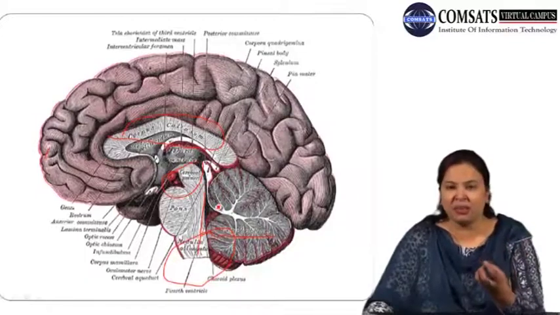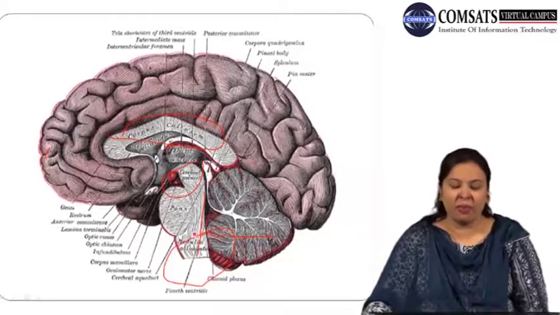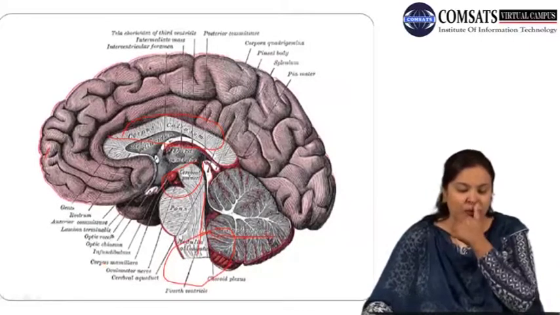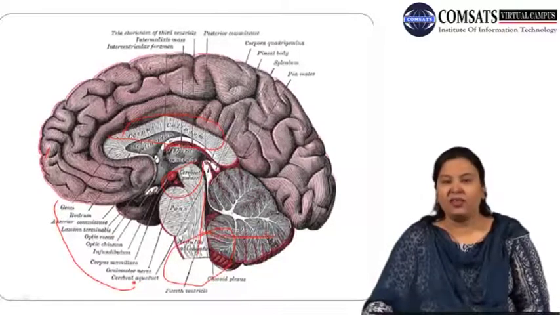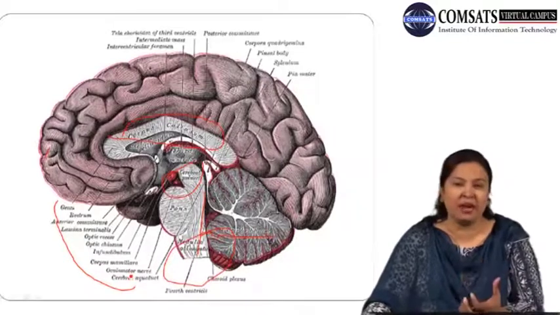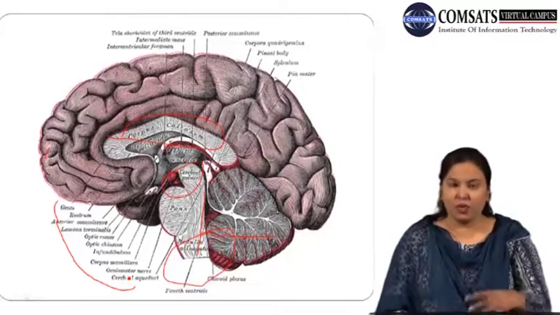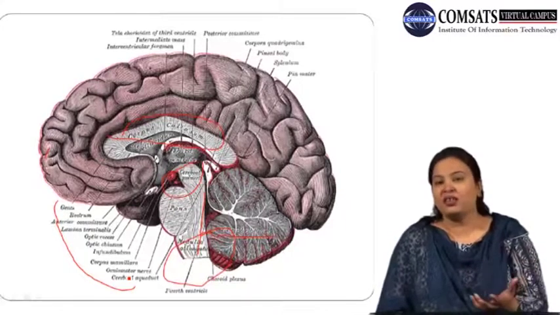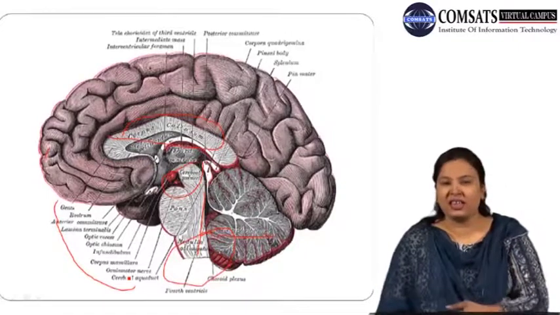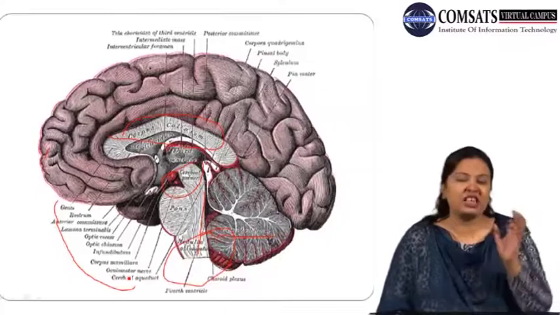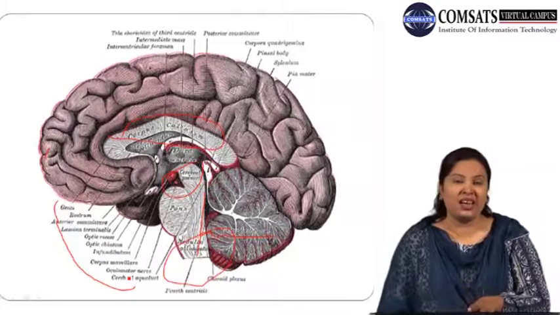So this is some kind of a medical representation of the brain, showing how there are certain more important parts of the brain which are highlighted over here. Every single part in the brain is responsible for a certain action. If you want to see the details, you can find more structural detail about the brain in Google or any other search engine.